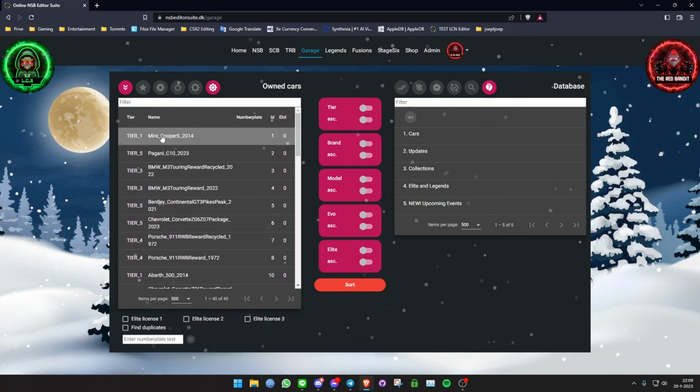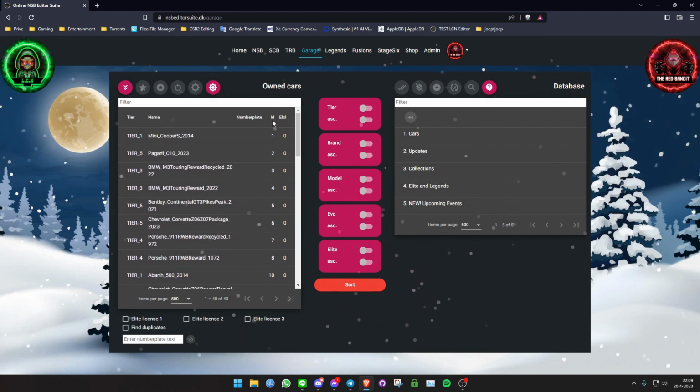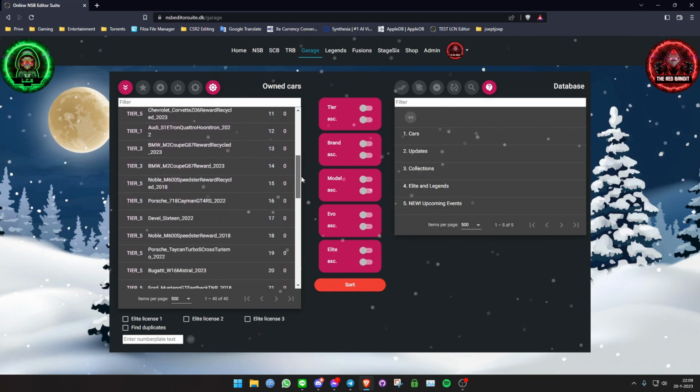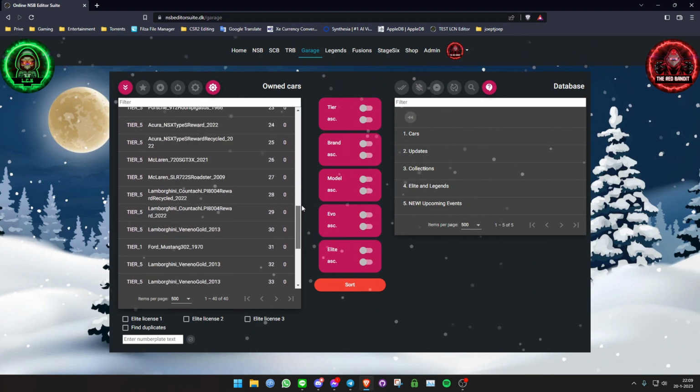You can see the tier, the name that is actually used in the car file, and ELCL and the ID of the car. We'll get to that in a later tutorial, but for now, it's just interesting to know that